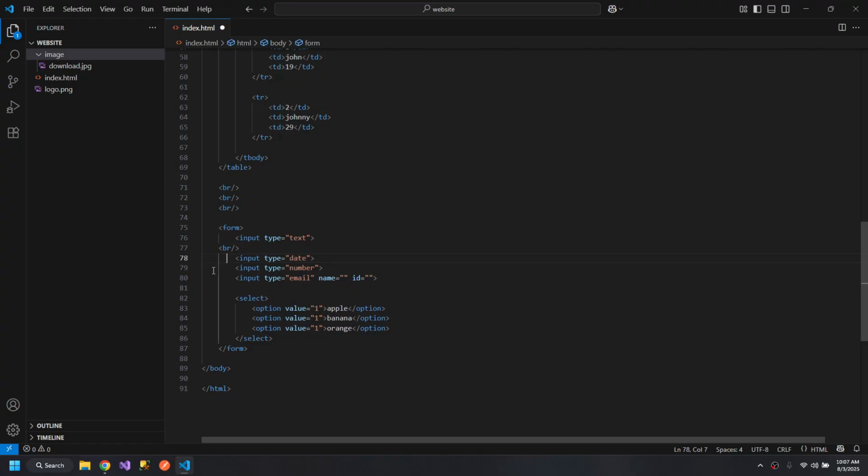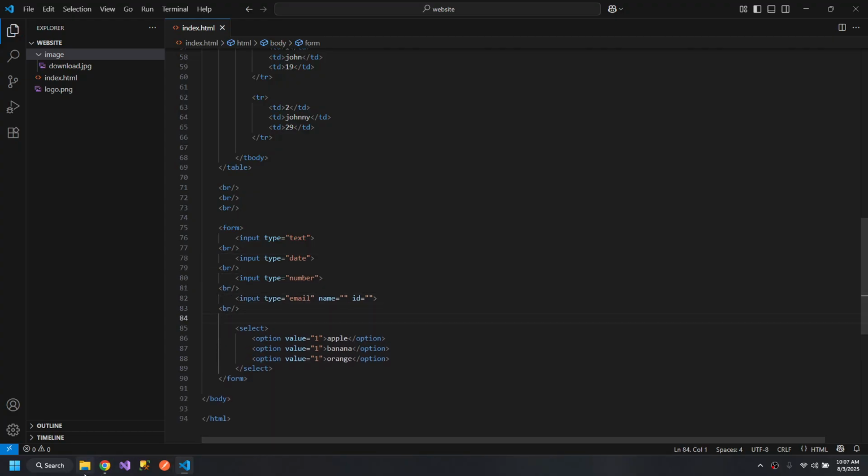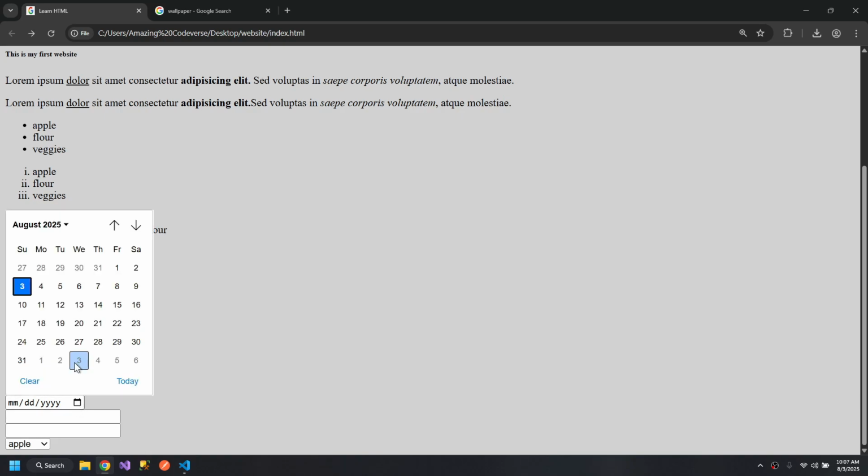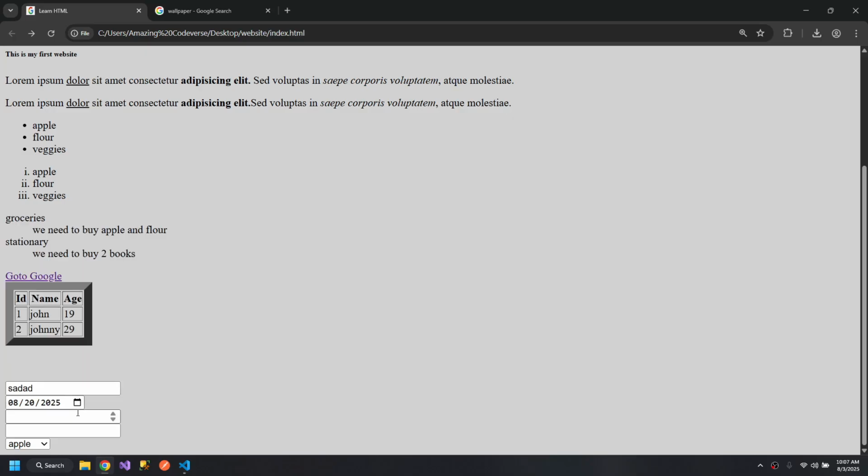Just paste it, Control V directly here. You can see that our text boxes are now on different lines. So we can write text here, we can select a date here, we can only write numbers, and we also need